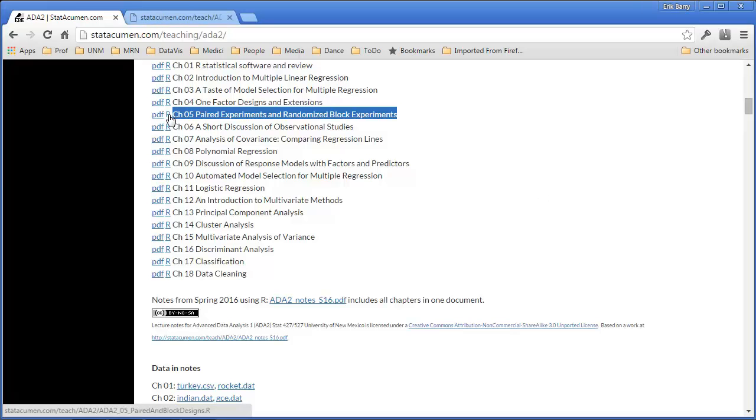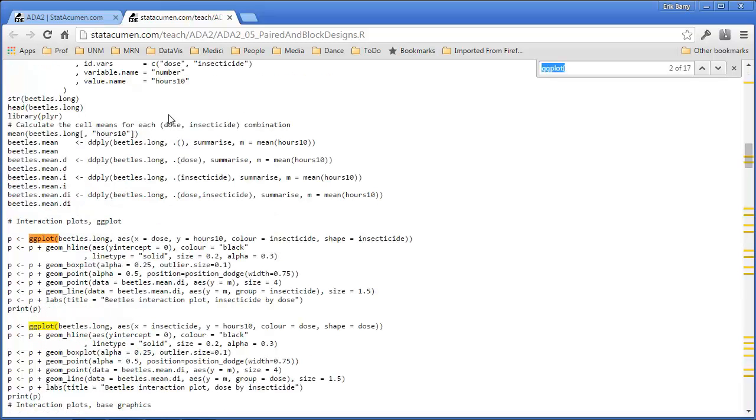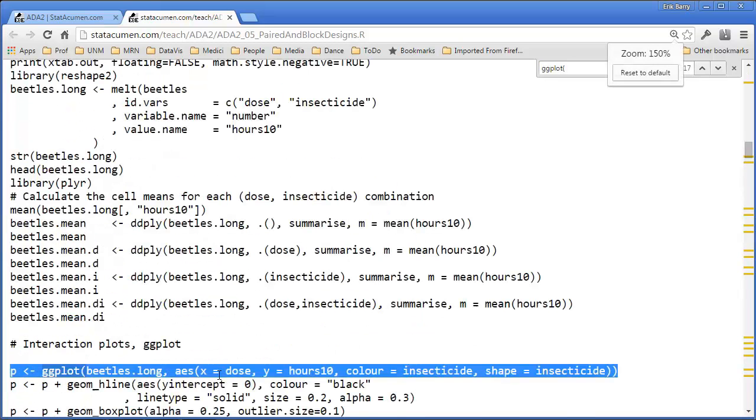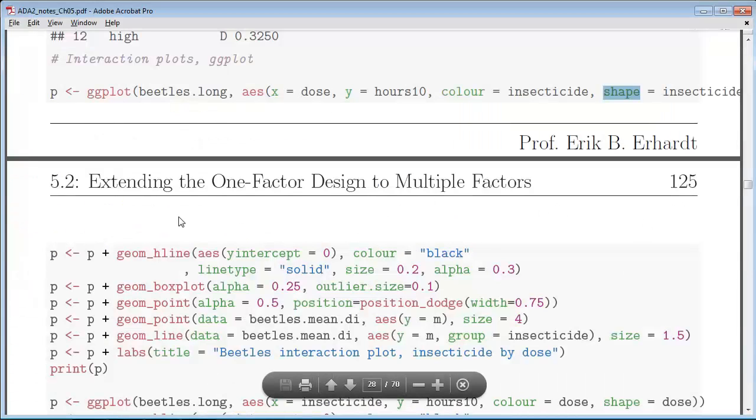And just for the heck of it, let's go down to ggplot. Okay, so it's this code here, and there's no group there, just color and shape. So we see everything on the slide right here. All right, now we need to add some layers. Now that we've defined the axes,